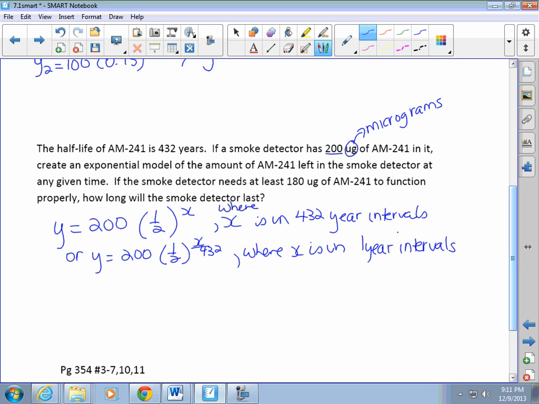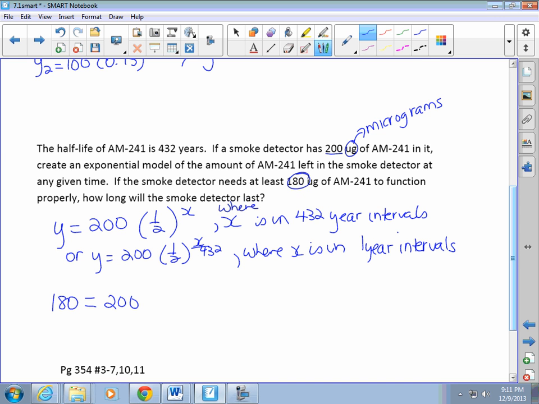If the smoke detector needs at least 180 micrograms of this to function properly, how long will the smoke detector last? So if you can't use less than 180, how many years is this smoke detector going to be effective? So we have 180 is equal to